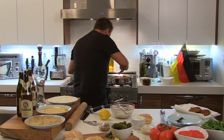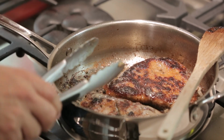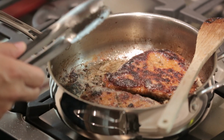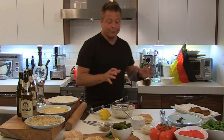These are ready to turn. You can see, oh, look at that. Gorgeous color. And again, the butter is what gives it flavor. It also gives it color, but it's a nice texture as well, because I'm gonna have that crisp outside and that nice, beautiful, tender inside. While those are finishing up, I'm gonna finish this